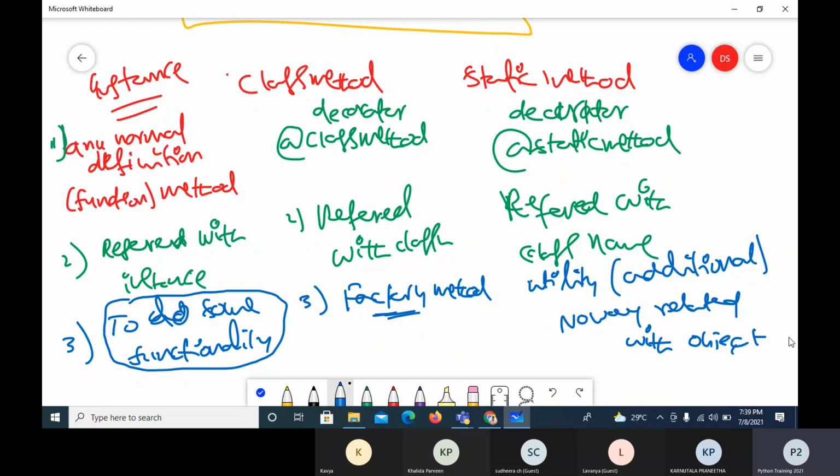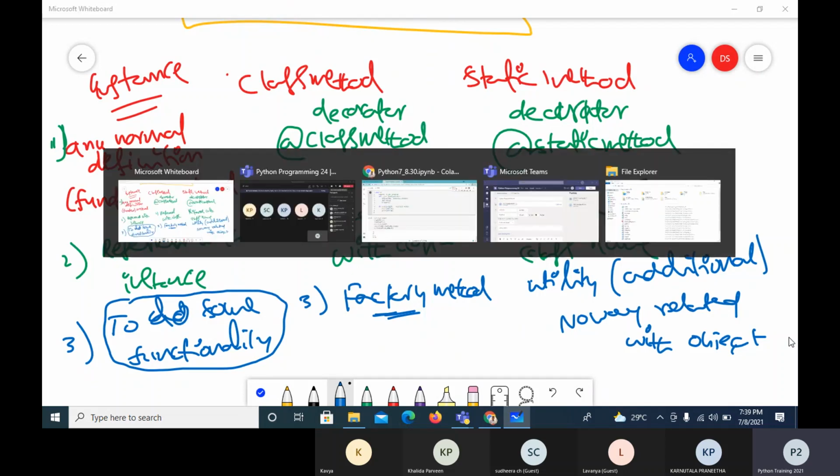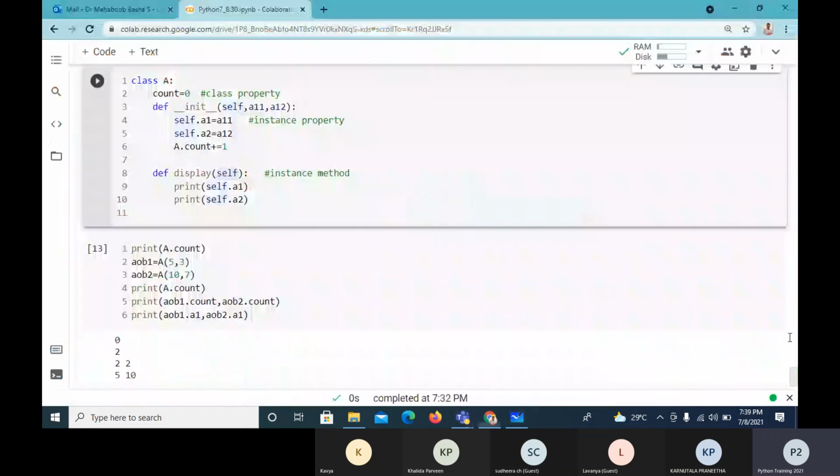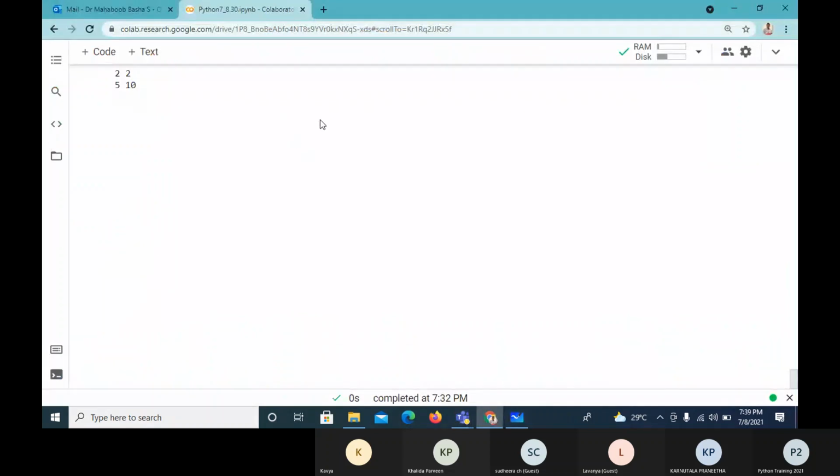So one more thing we have seen related with object oriented programming or classes. Now, combining all these things, we'll create one class. I'll call it the voter class.